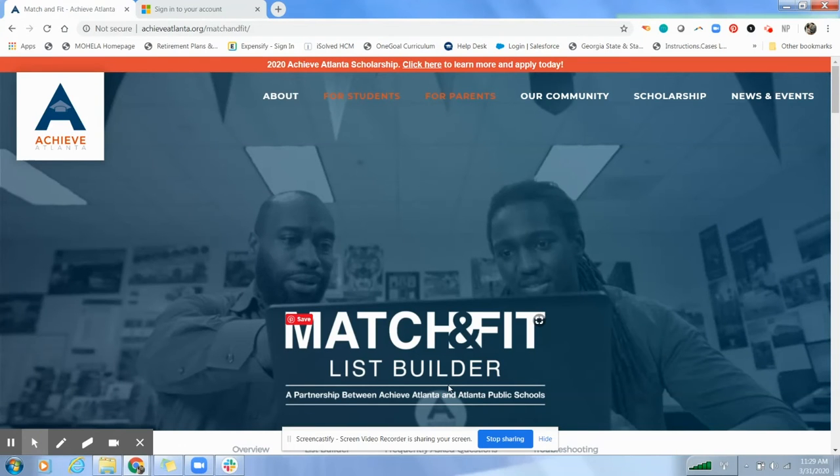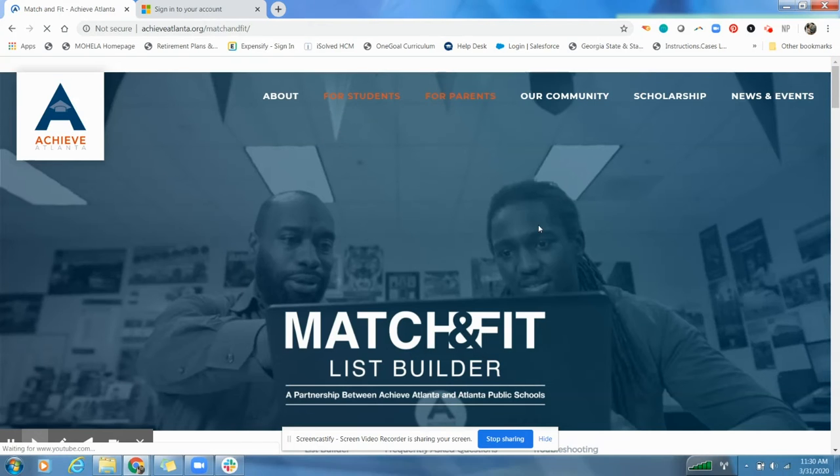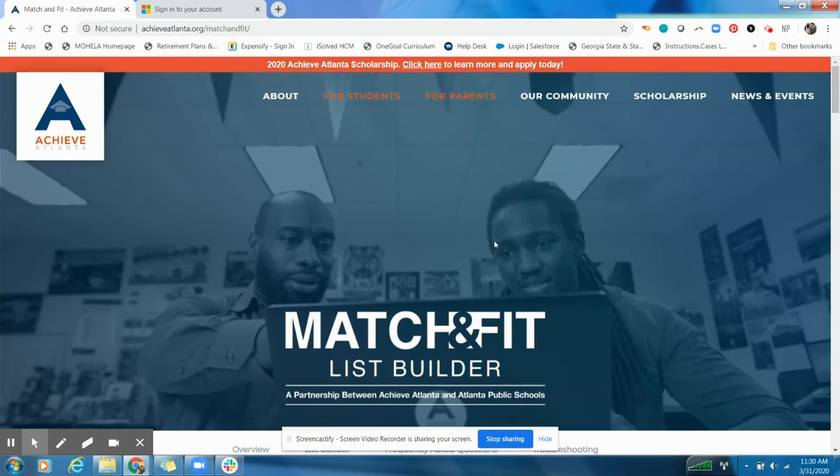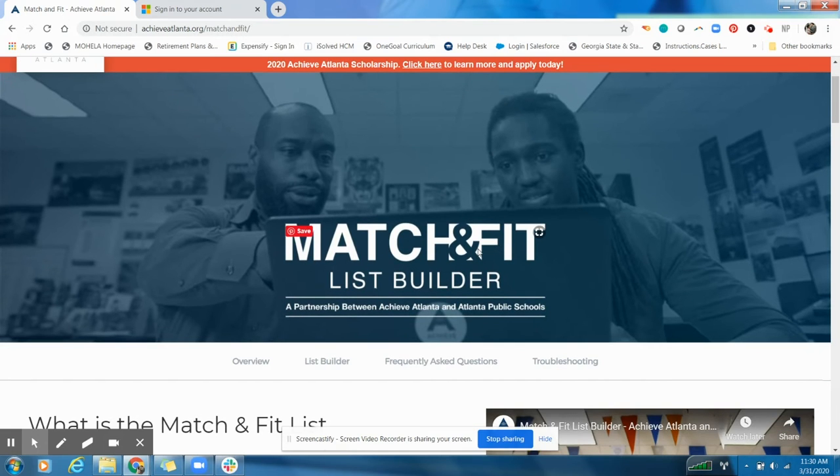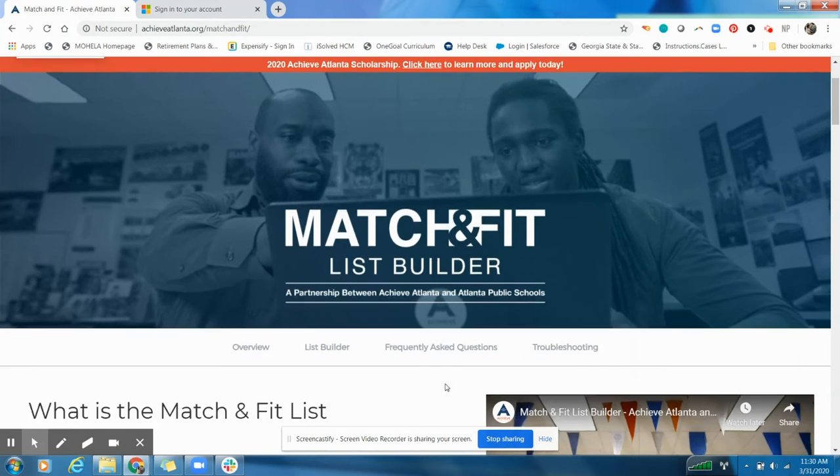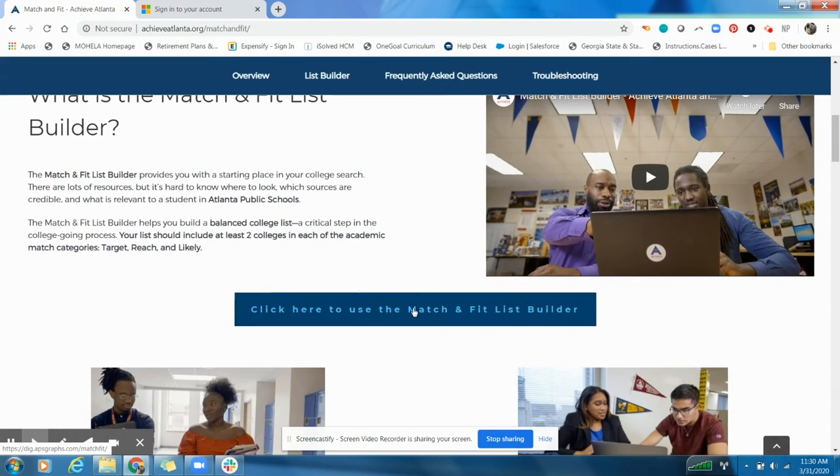If you're having trouble doing that, you can also go to achieveatlanta.org, and under where it says for students, you'll find Match and Fit, which will take you to this page. On this page, there's a lot of information. You can see there's an overview, list builder, frequently asked questions, troubleshooting. You can feel free to use any of this. However, what we're going to use for today is this link that will take us to use the Match and Fit list builder. So when I click on this,